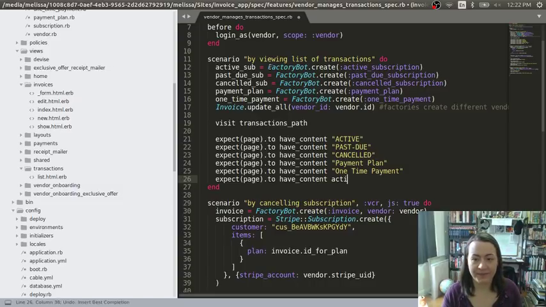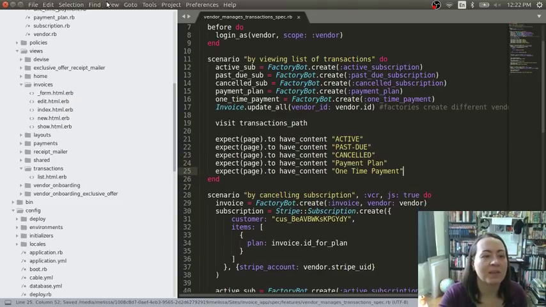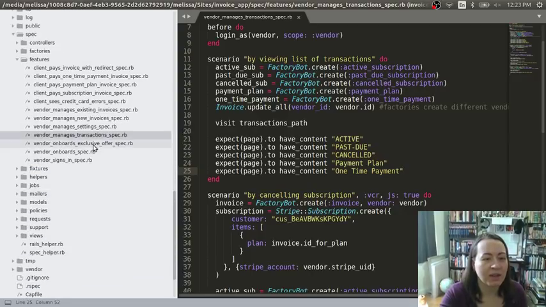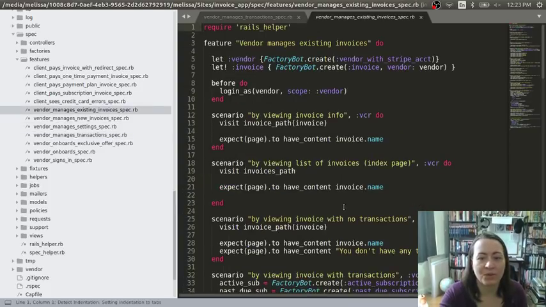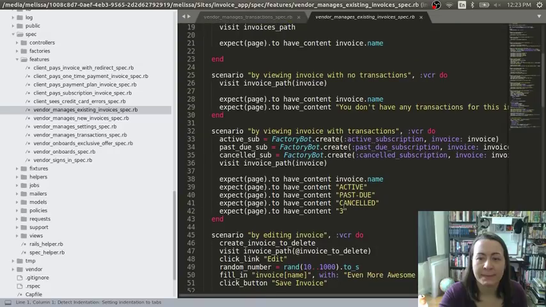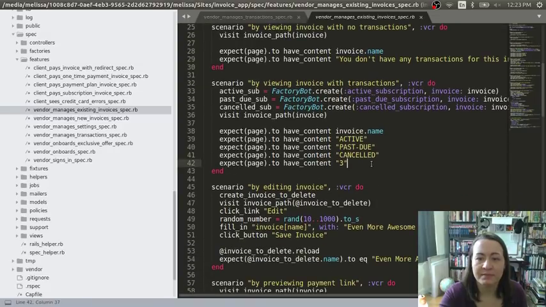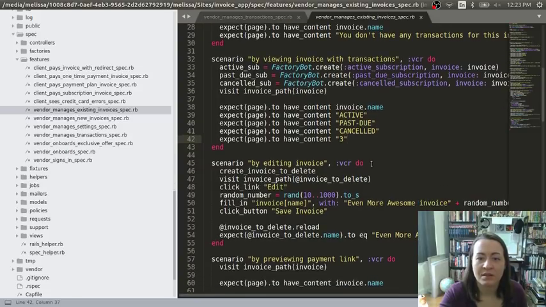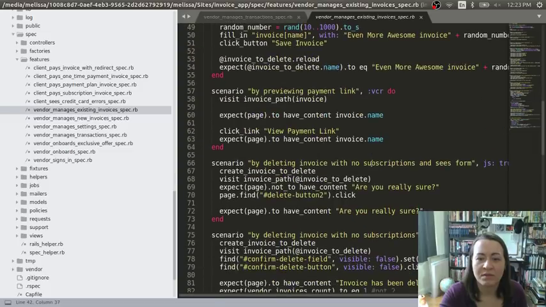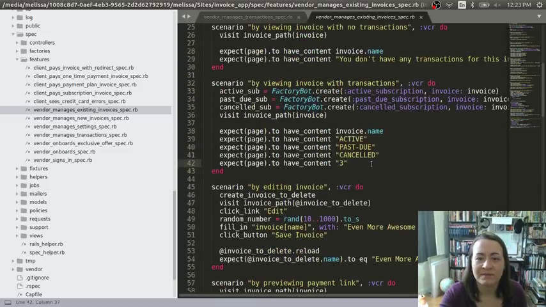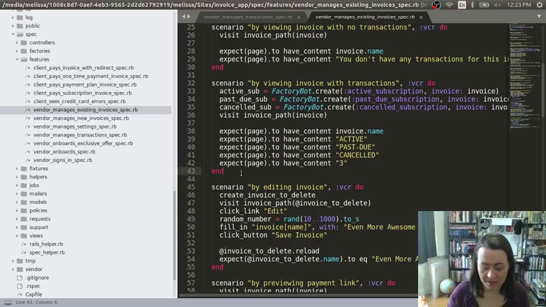All right, you know what? It's not the list page. Save. Sorry about that. I had it in my head as one thing. So let's go to our spec. When you view the invoice, managing existing invoices. With transactions. Can't see, these are all just subscriptions, right? All right, so we need to add